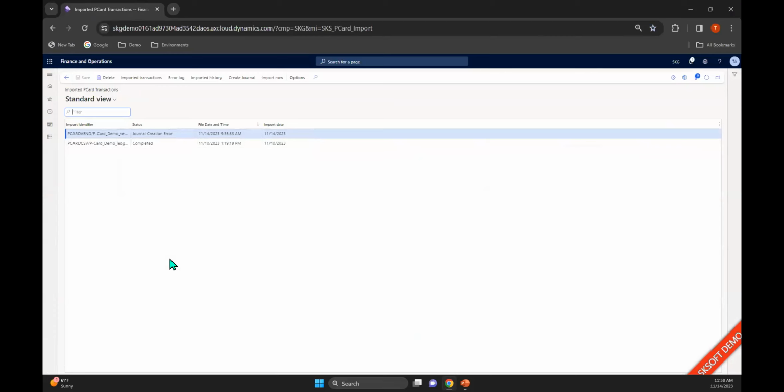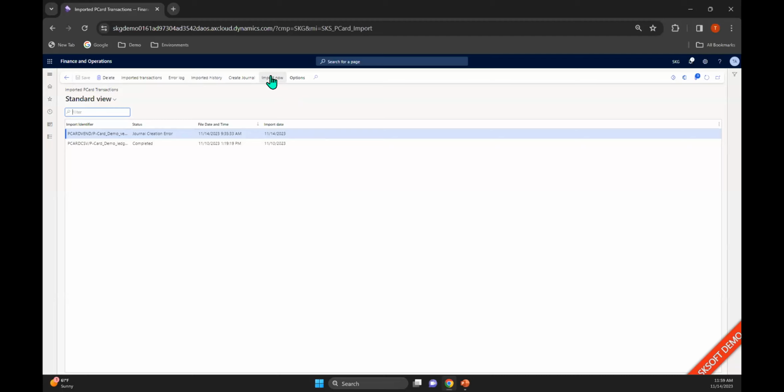Now this one does have batch jobs behind it. So similar to BankRec, that batch job can be running at any time, and if it is, it will go ahead and import in. I have just stopped mine so I can import it in now. I put it in the future.